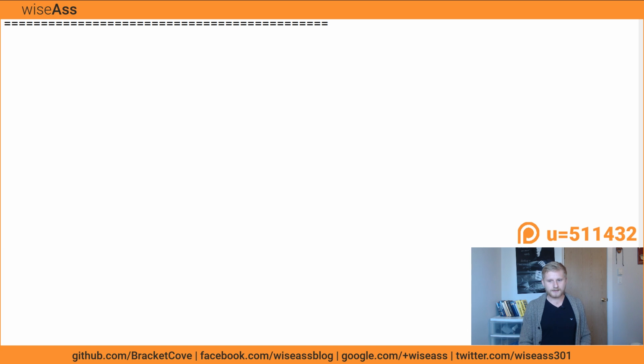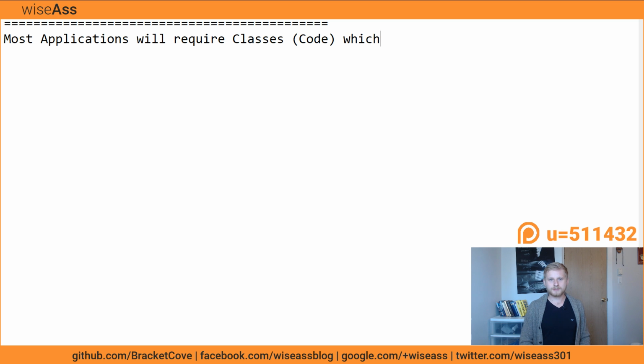Here's how I like to sort of introduce the idea. Most applications will require classes, or even, in brackets, code in general, classes which do one of 3 things.